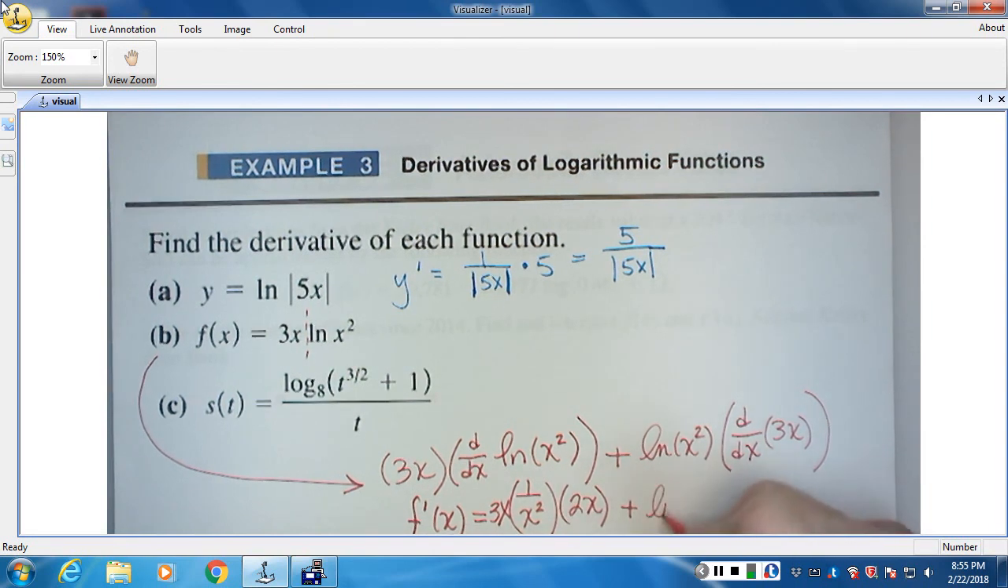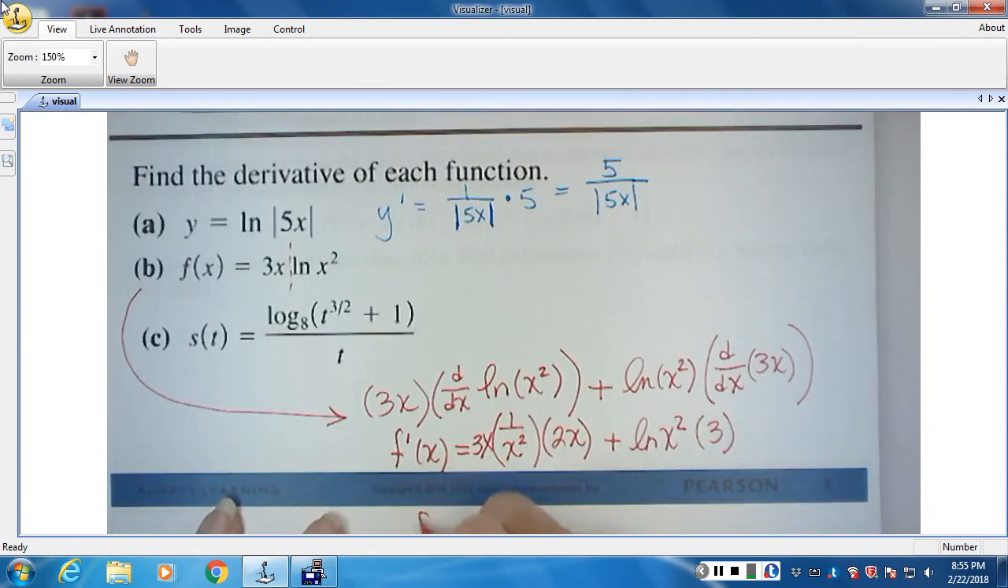And then I have the natural log of x squared, with or without the parentheses. If you're doing it on the calculator, it'll make you put the parentheses. And the derivative of 3x is 3. Okay? Cleaning up isn't required, but if you do, it does look a whole lot prettier in this case,